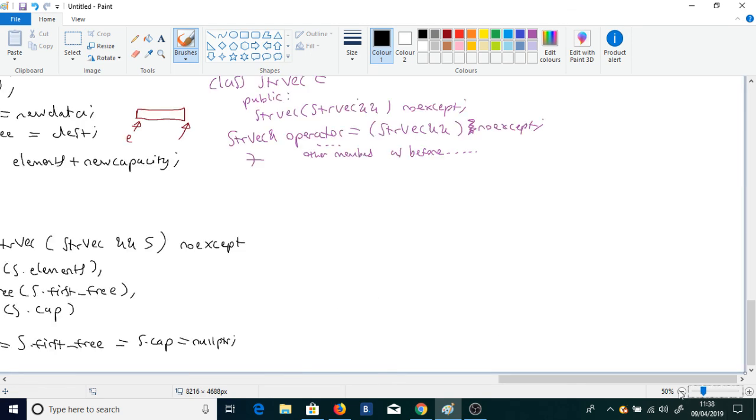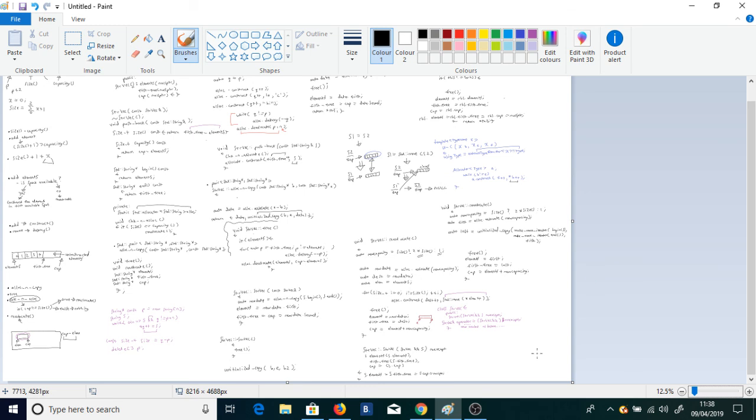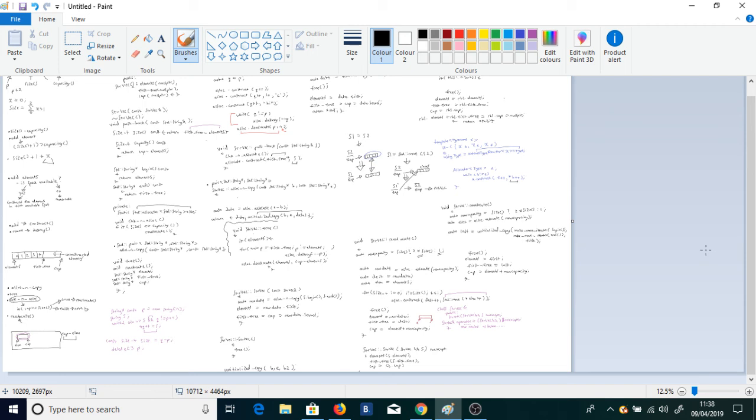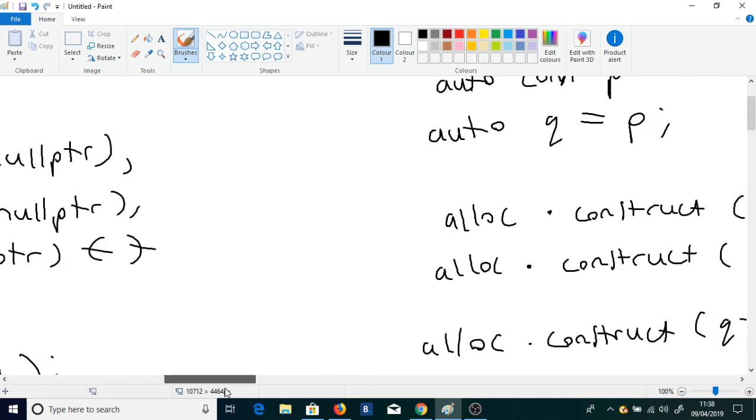Let me just make more space. Okay, let's